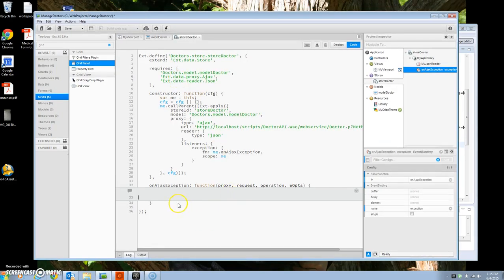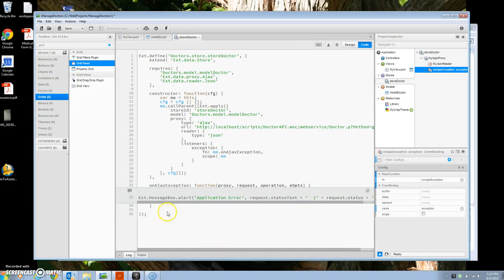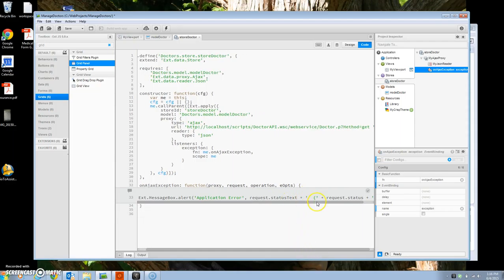Cut back again. So in the case of a failure, we're going to put up a message box, alert, application error. We're going to take the request object passed back on exception and put out its status text. And then within parentheses, we're going to put out the status. So we'll save this, publish it,